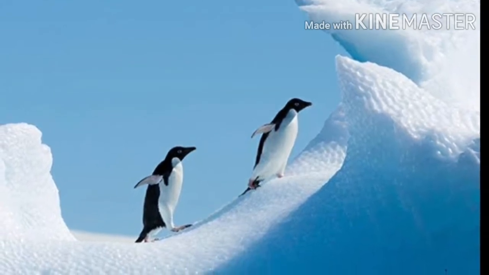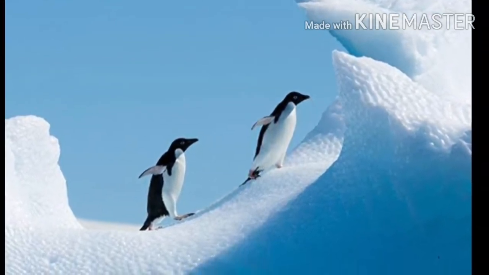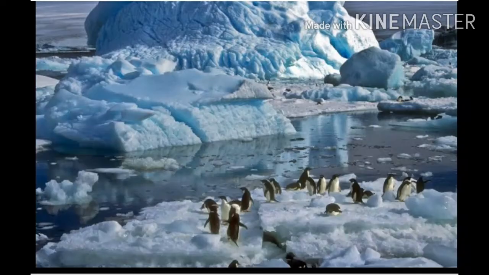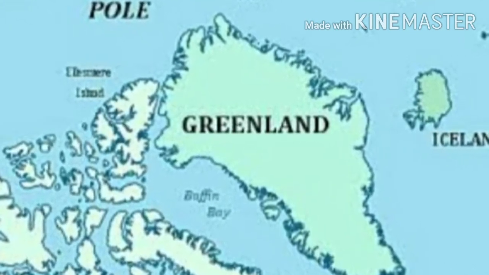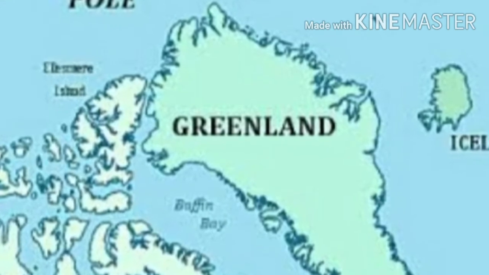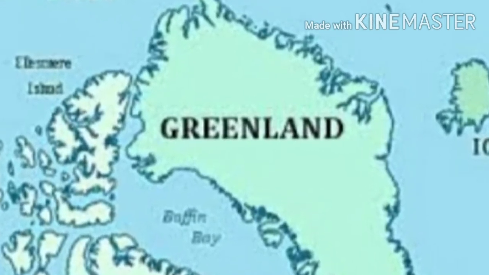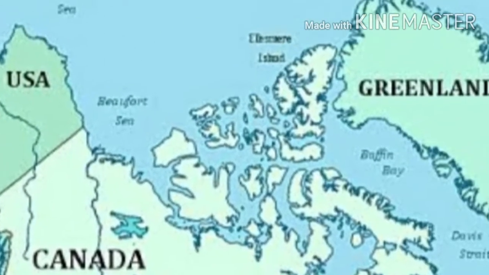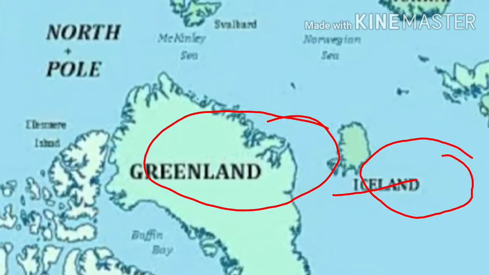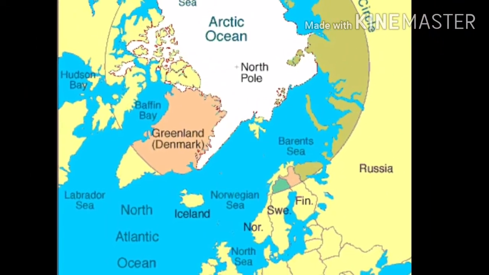The polar region is on your screen, and the area is covered with ice throughout. It is the coldest region in the world. And this is the Northeast Greenland National Park, where animals that can survive only in a cold region live. The neighboring countries of Greenland are Iceland and Canada. This map is about Greenland. See, the Arctic Ocean is there, then Canada, Iceland. These are the neighboring countries, and the ocean is the Arctic Ocean.